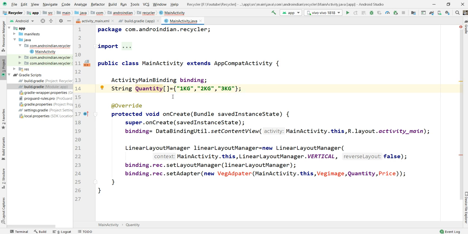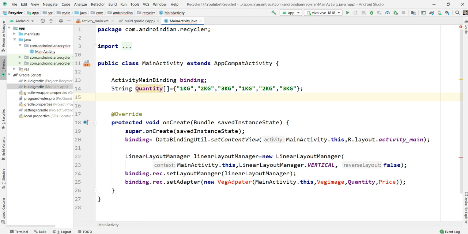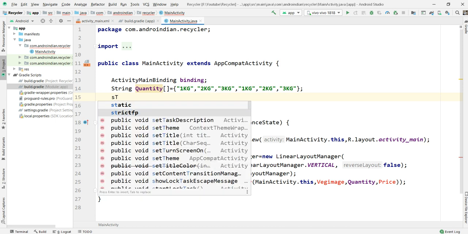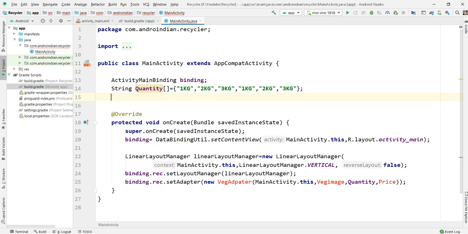Just the same quantity I want to repeat once again. Like that, there are 6 prices we need. It means this array's length should always be fixed. Just price. So here in total we need 6 prices.